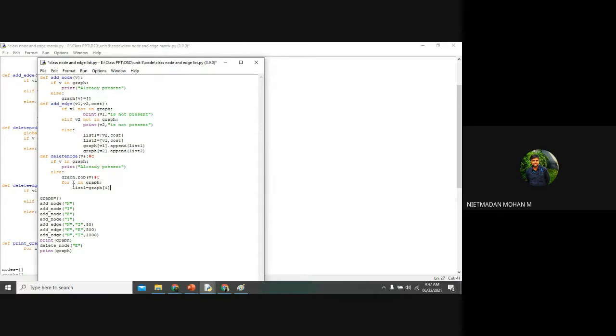So it will take the first element A and it will represent the list that is present in the graph. In the ith element, whatever list is present will be directly accessed. And if v in list1,